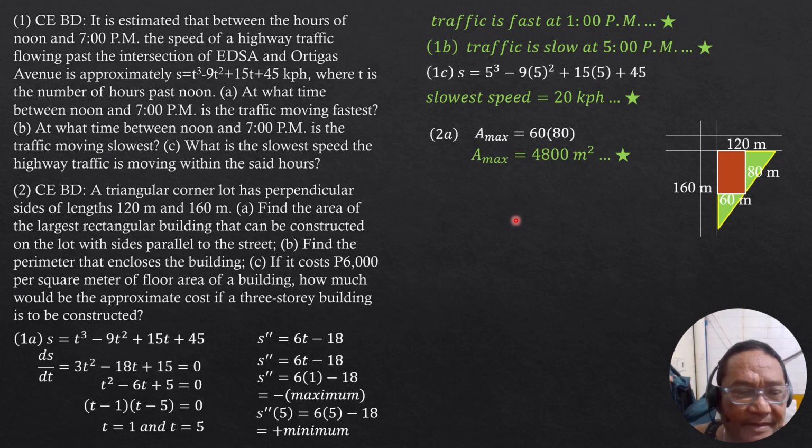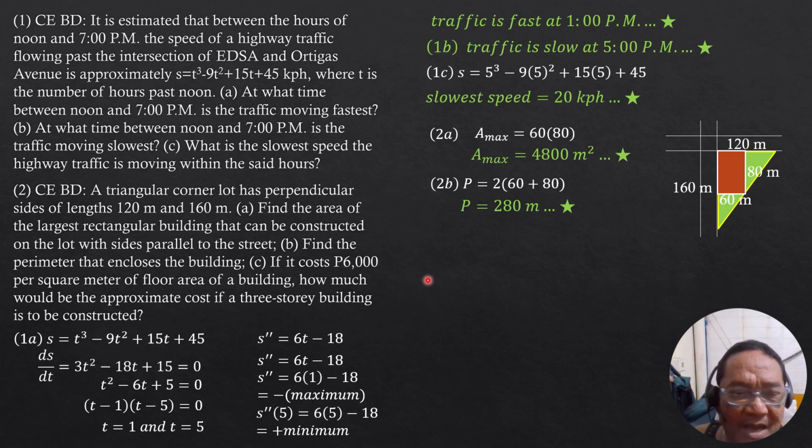Then B, find the perimeter that encloses the building. So the perimeter is 2 times quantity 60 plus 80, and that is equal to 280 meters. And finally, if it costs 6,000 pesos per square meter of floor area of a building,